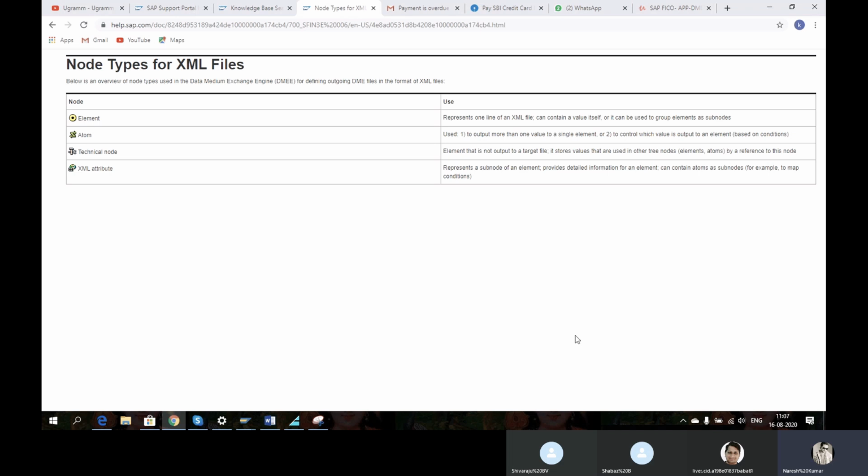Then technical node remains the same. It is an element that is not output to a target file. It stores values that are used in other tree nodes, elements or terms by reference to this node. The XML attribute represents a subnode of an element, provides detailed information for an element, and can contain atoms and subnodes, for example, to map conditions. Okay, clear?